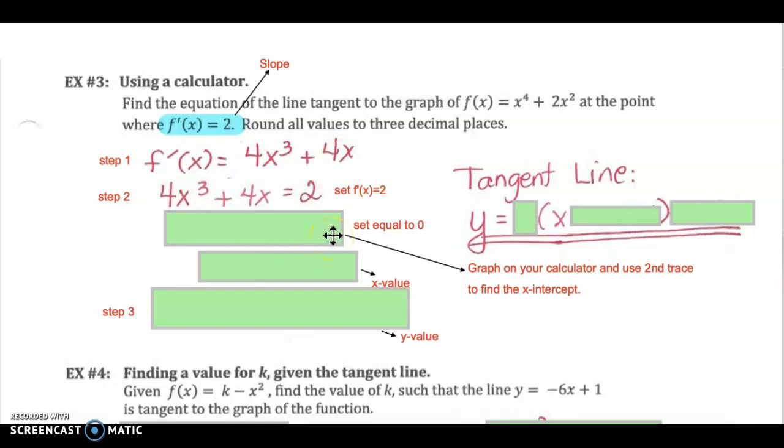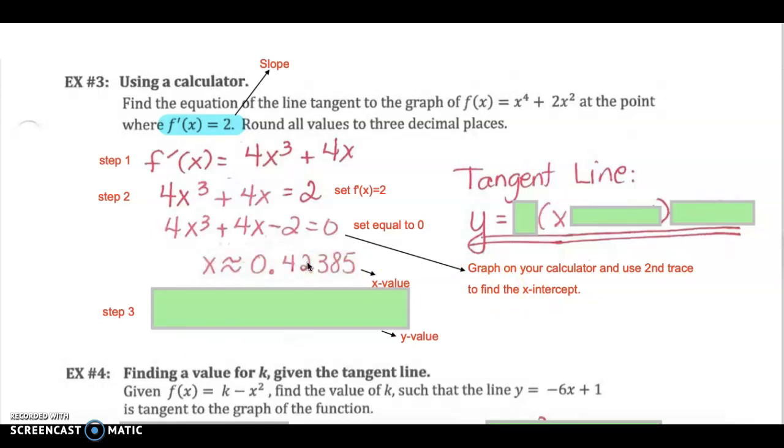And now we want to get everything to the left-hand side. So we'll subtract 2 from both sides and set it equal to 0. Now I made a little note over here. It says graph this on your calculator and use the second trace option or feature to find your x-intercept. So that's what it means by using a calculator. So we can't factor this, but we can use our graph to find where it intercepts the x-axis. And if you do that, you will get